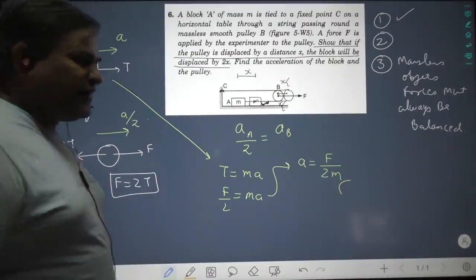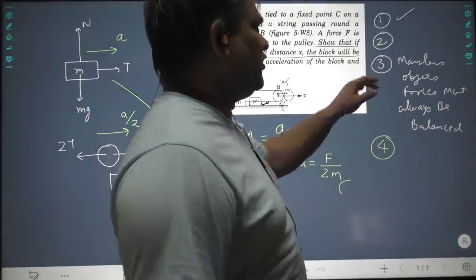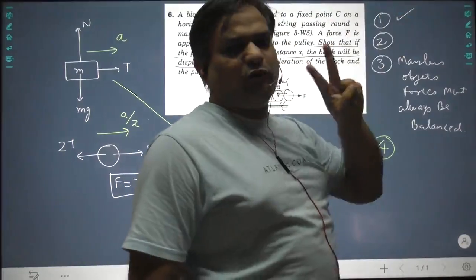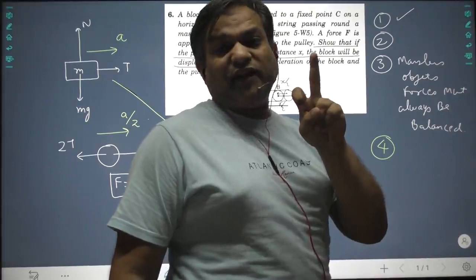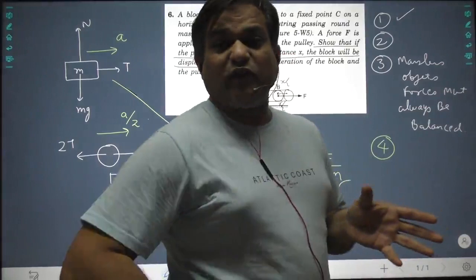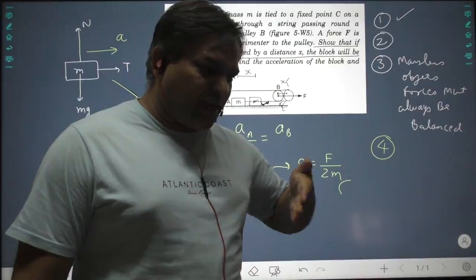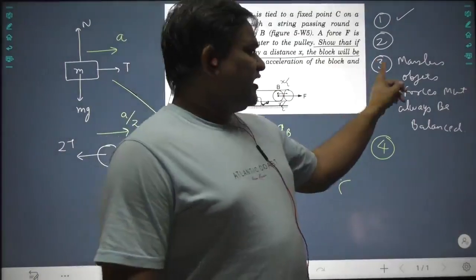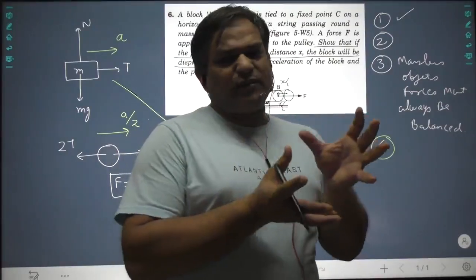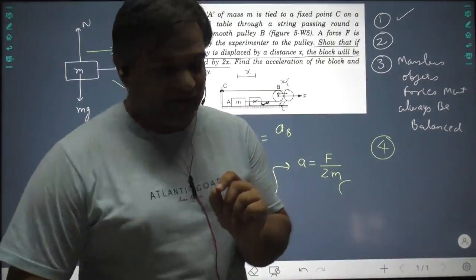Now understand the fourth point here. The first point that I told you: make a free body diagram. In a free body diagram there are only two kinds of forces, earth's gravitational force and contact force. Second, break down all the forces only along two directions, one along the plane on which the body is kept and one perpendicular to the plane. If there is any massless object, even if the massless object is moving, it doesn't matter, the forces about it must always be balanced.